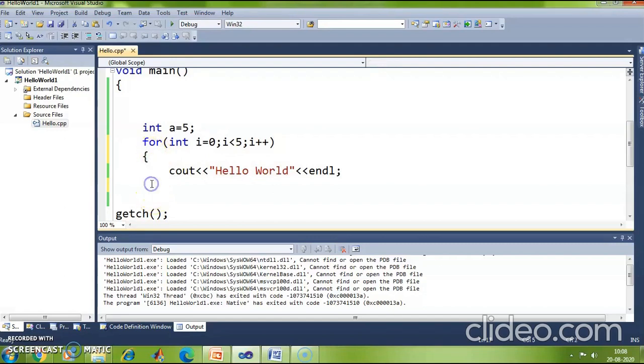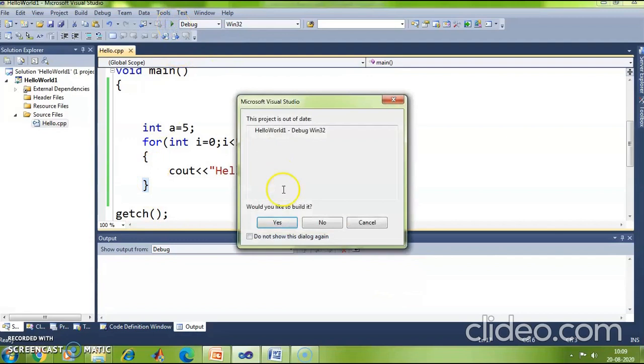Got it? If the number of statements that has to be repeated multiple number of times are more than 1, you have to make sure that those statements are placed within flower brackets. Is it fine?